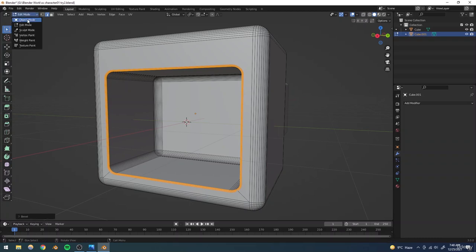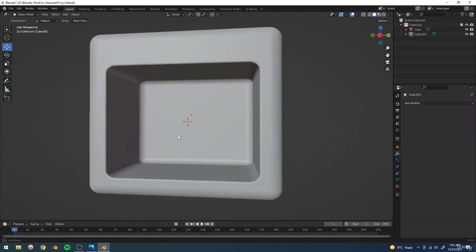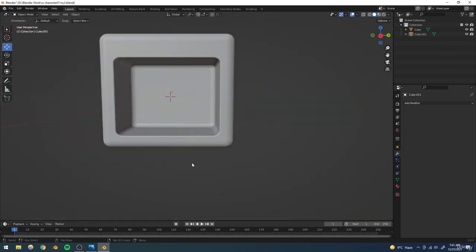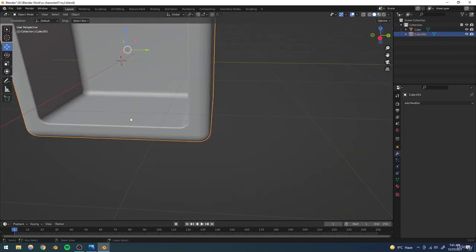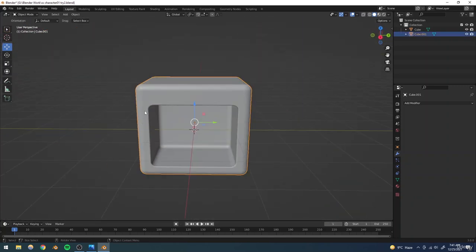Something like that should be good. Now let's go back to our object mode, and now you're going to see that although it's not making a huge difference, it is making it look quite good. So now once that's done, I'm just going to right click it and shade smooth, and that's going to be